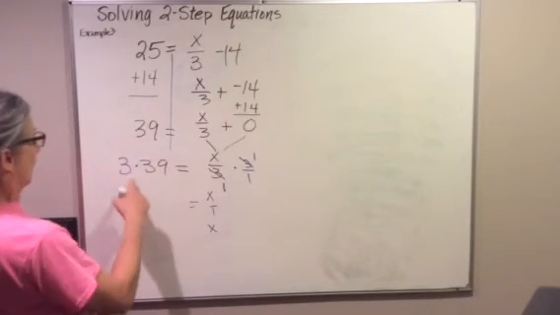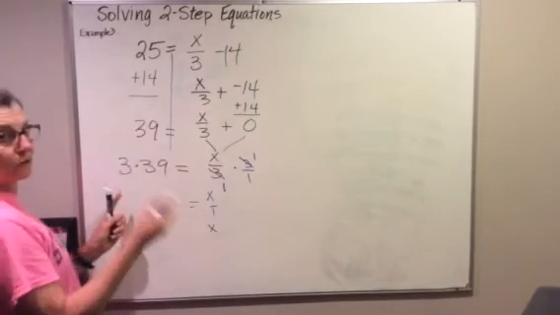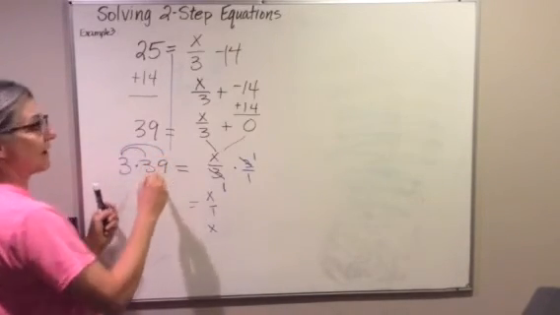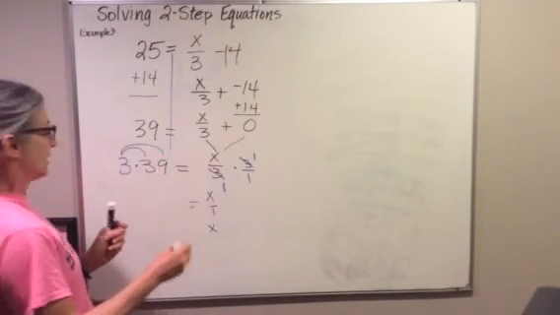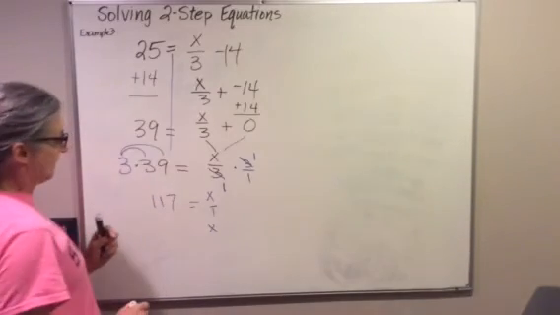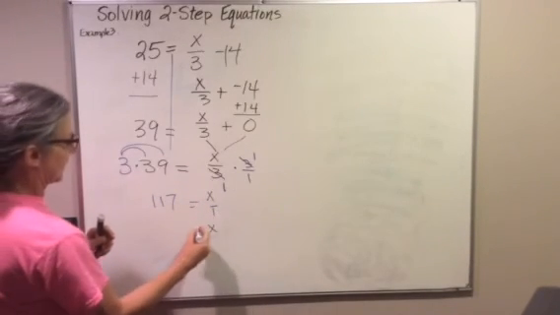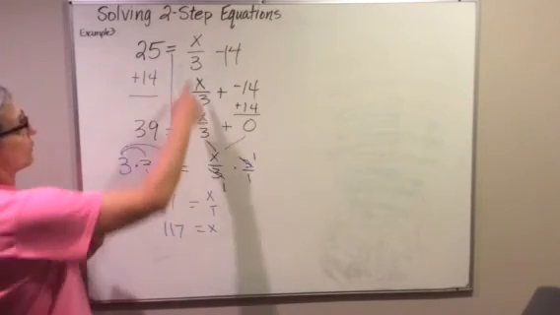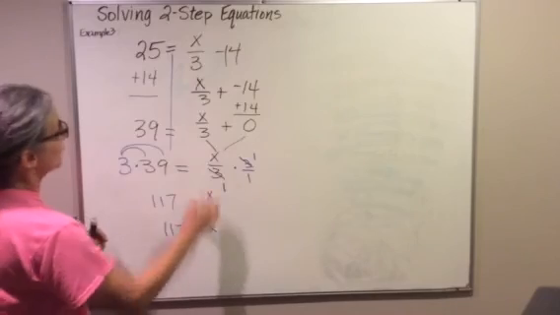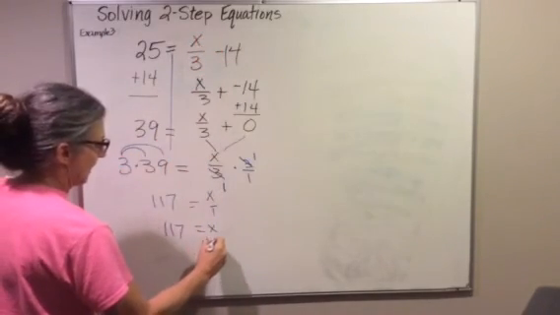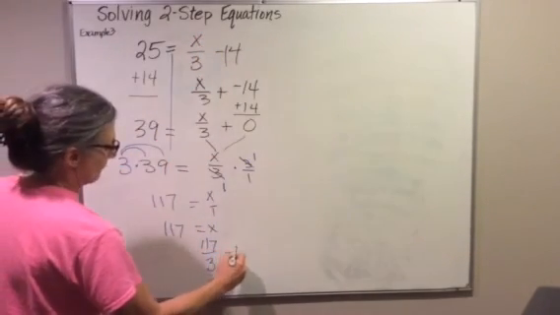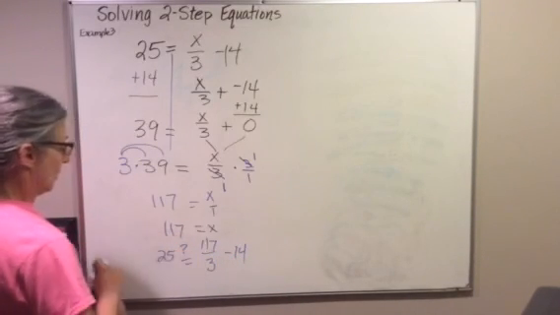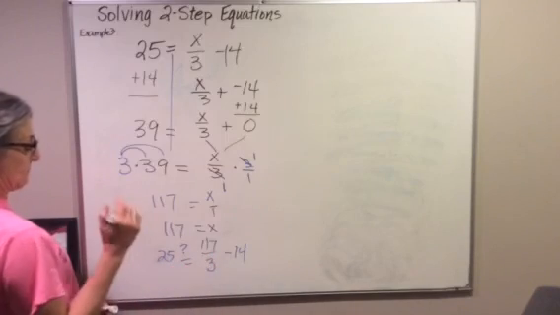Okay, and then over here we get 3 times 39. So I'm going to do the distributive property here. 3 times 30 is 90. 3 times 9 is 27. 90 and 27 is 117. X divided by 1 is x alone. So x is equal to 117. So when I check it, if I take 117 divided by 3 and then subtract 14, will I get 25? Well, 117 divided by 3